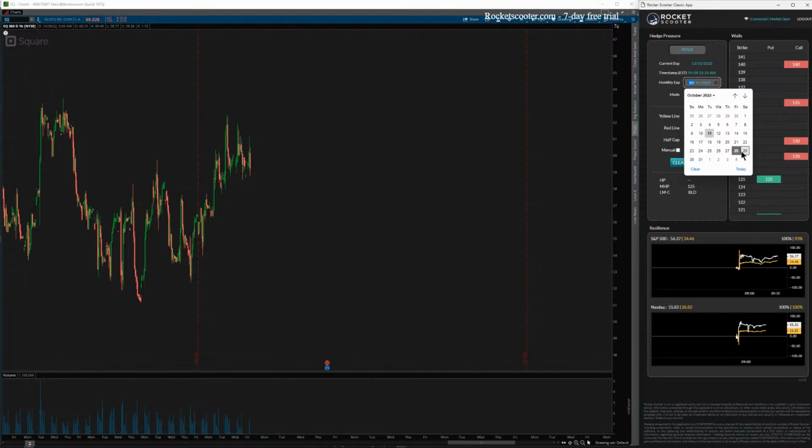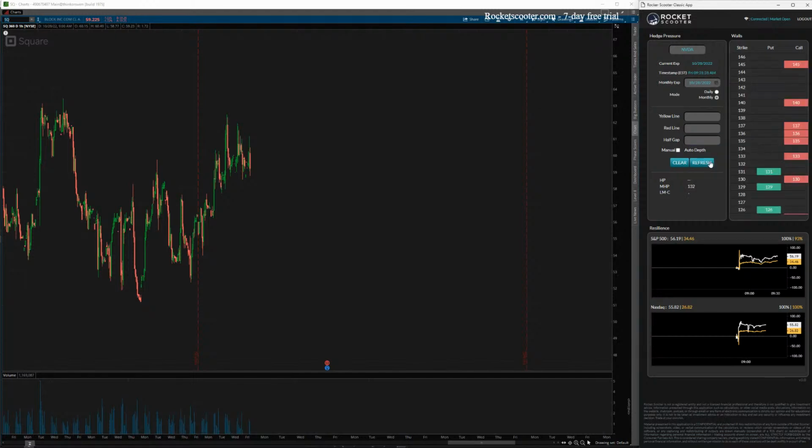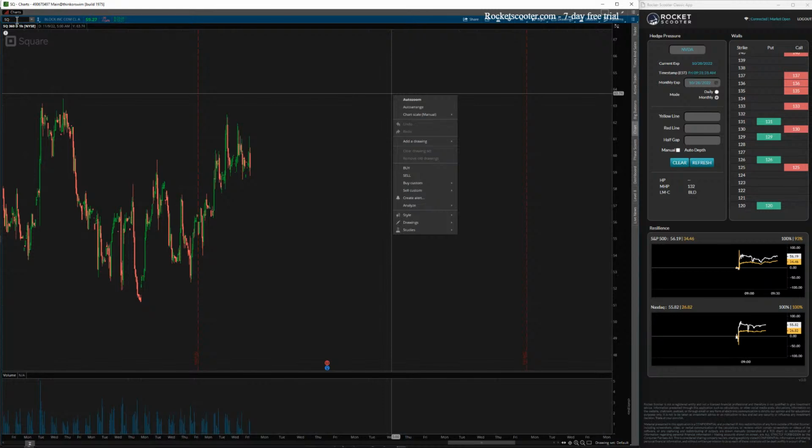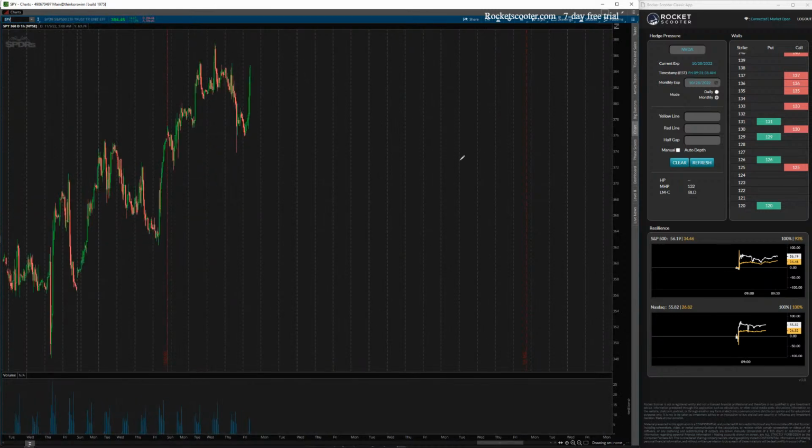So I'm going to go to manual mode. I'm going to pick each day, refresh, and come in here and draw. Oh, you know what? To do the new mode, we need to have already had one we've done before. So unfortunately, let's do something we've already done before. SPY. Yeah, because we have to have one I've already done.